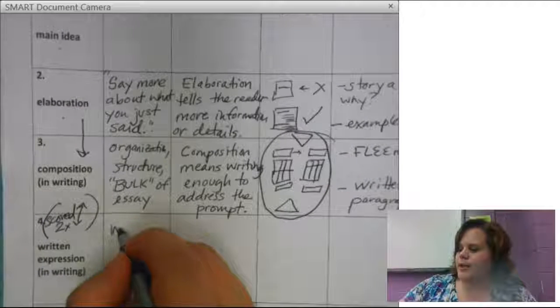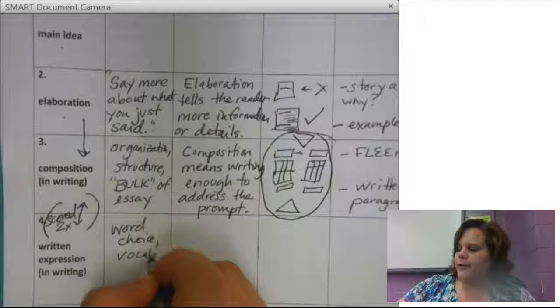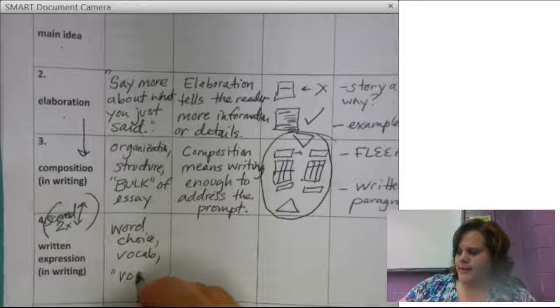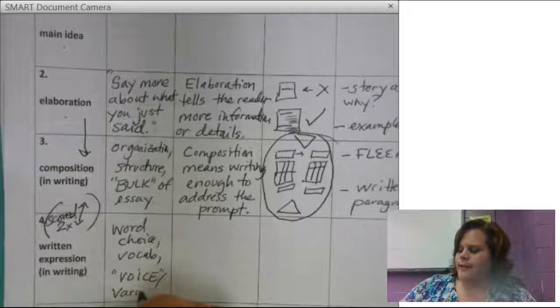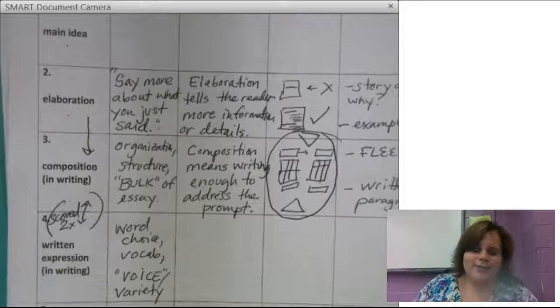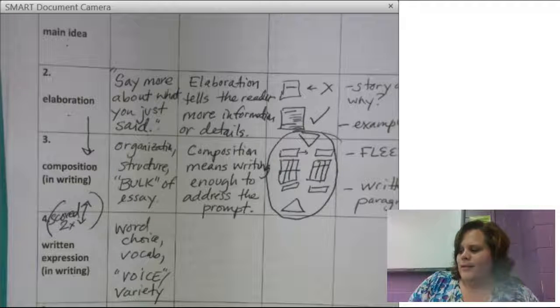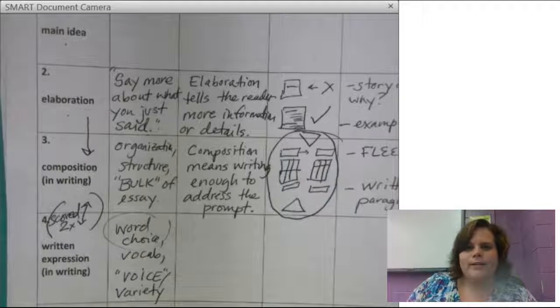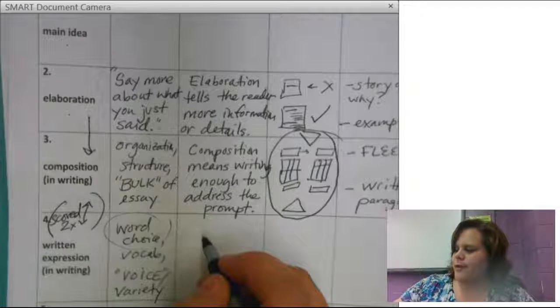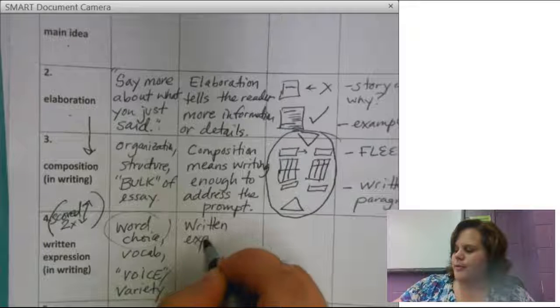Your written expression is your word choice. Vocabulary, is it high or low level vocabulary? And honestly, your voice. And variety. Are you starting every single sentence the same way? Are you switching it up? Are you varying how you speak? Are you using precise vocabulary? That place with that thing, that time we did that thing is not precise, so this is going to be very precise. So my sentence is, written expression